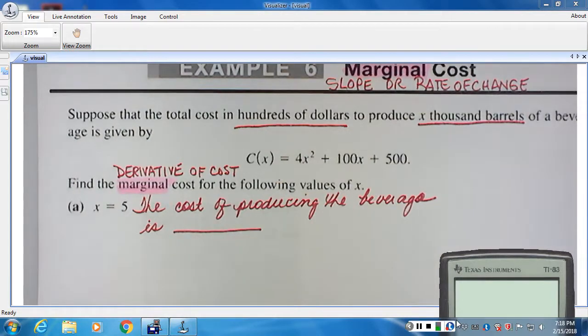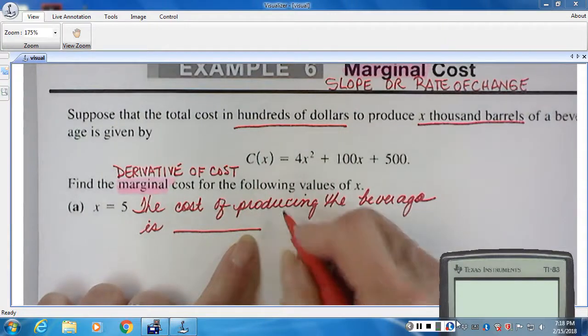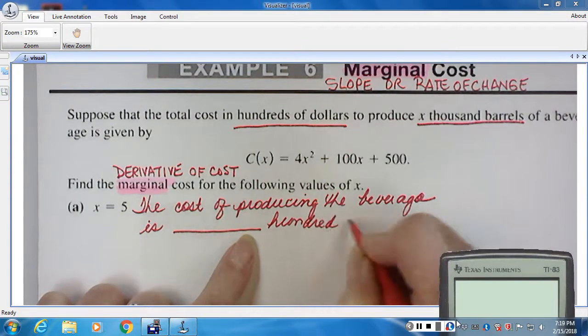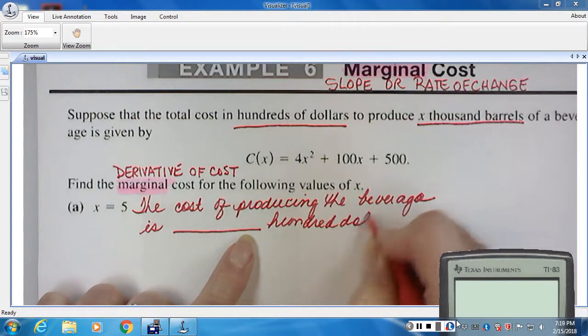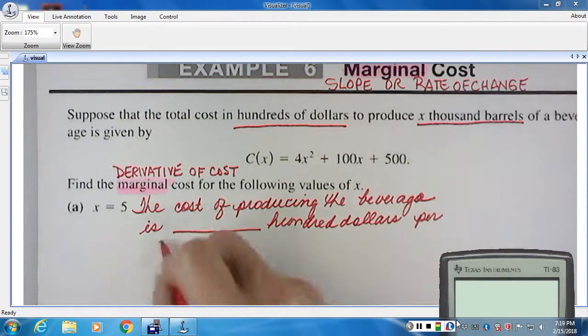We have to see what the derivative is first at that point. It's increasing if it's positive or decreasing if it's negative, but it is so many $100 per 1,000 beverages